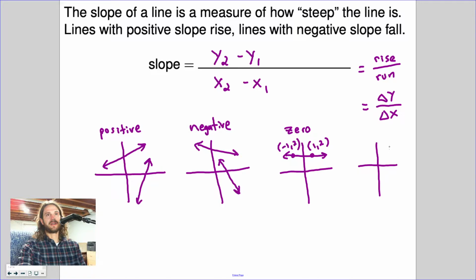The 0 ends up being in the denominator. If you go to your calculators right now and do any number divided by 0, your calculator should spit back an error. It'll say domain error, or just error, or maybe undefined. So if you have a vertical line and you're trying to calculate the slope, we say that it is an undefined slope. That's because ultimately the points have the same x value and you end up dividing by 0 in this equation. But we're going to see some examples here in just a minute.